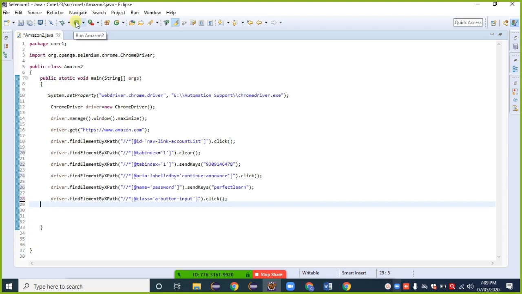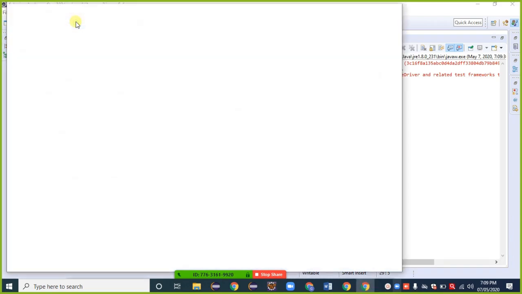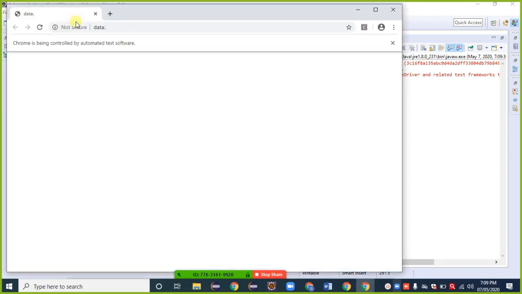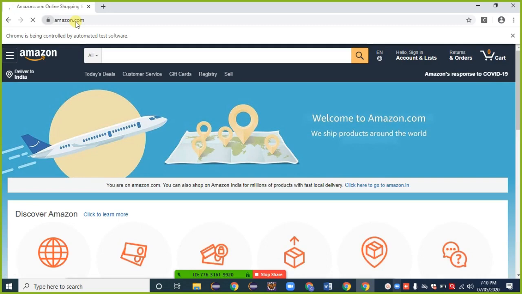Click on the run button. Launching browser. Amazon.com, opening URL. Then click on account and lists.